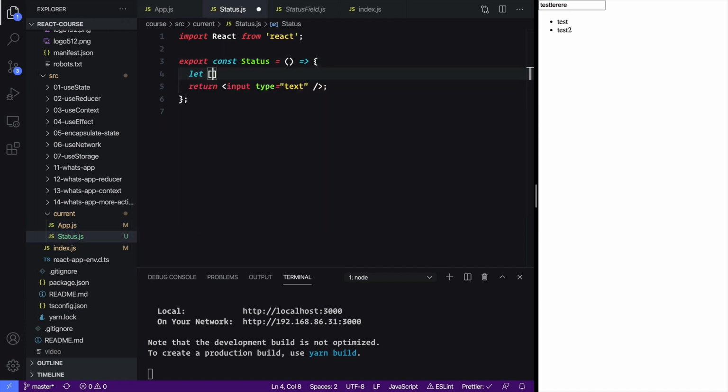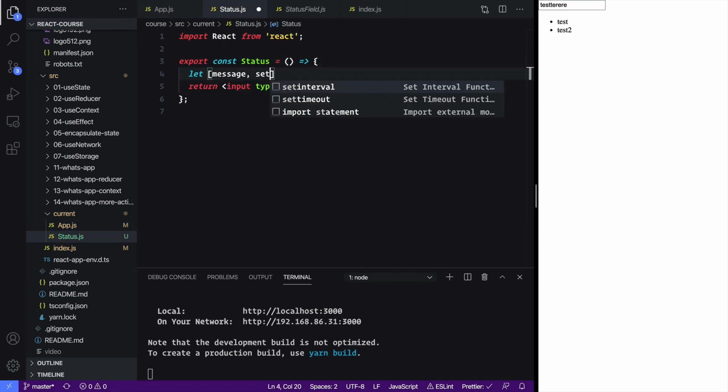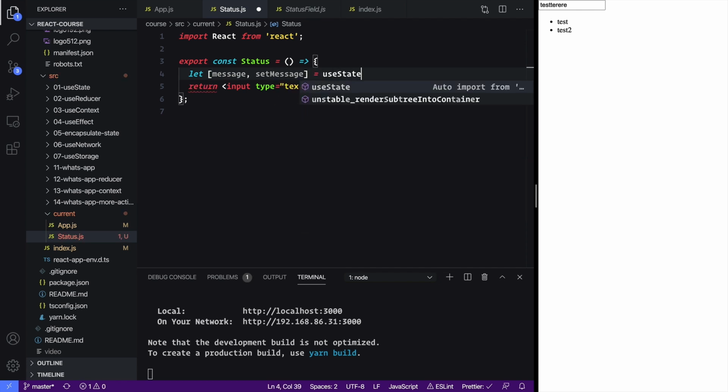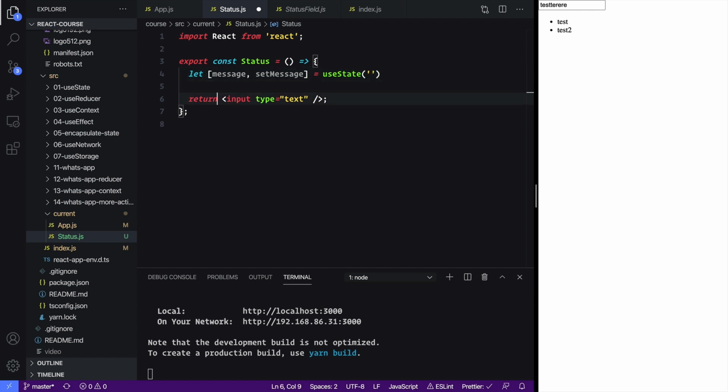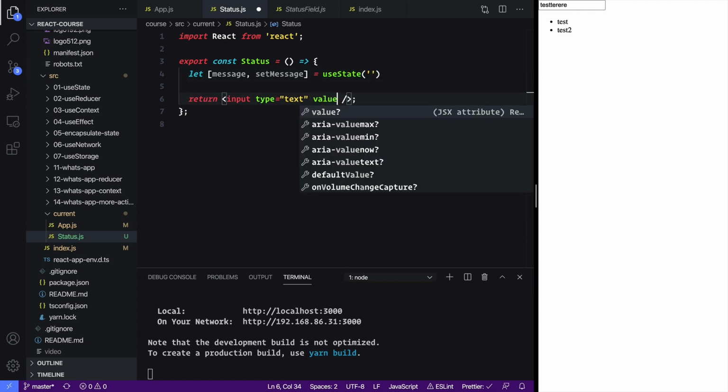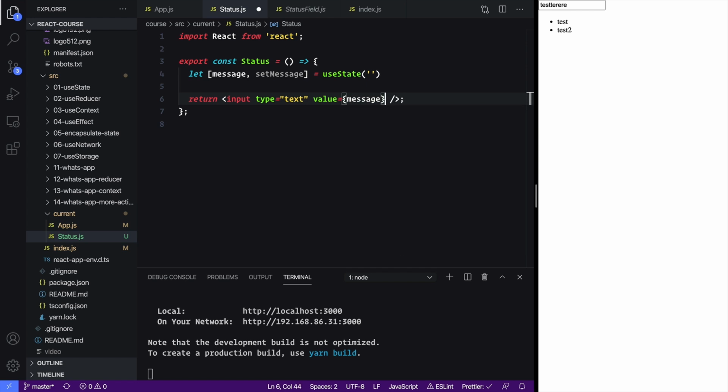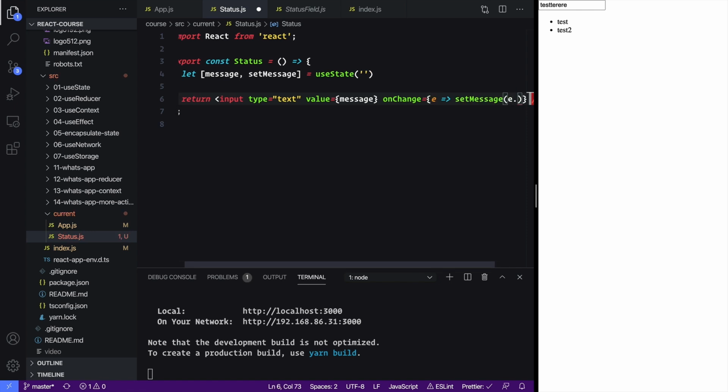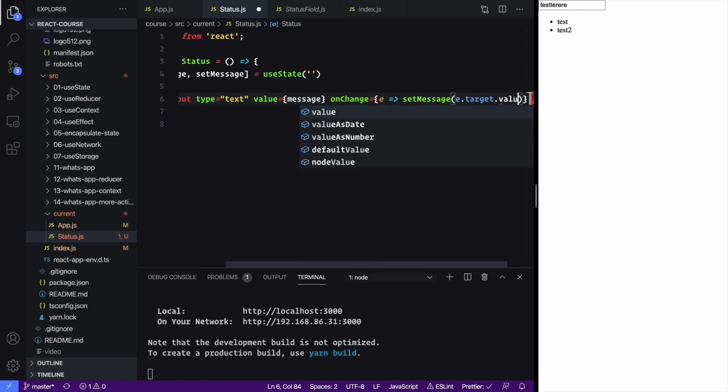Let's add another useState here and let's call it message and setMessage this time. This is for an individual message. And then let's say useState and then let's default it to an empty string. Now when we come into our input, we need to set the value equal to message. And then we'll also want to add an onChange here so that it changes when we type. And the way we access these onChange events is just like vanilla JavaScript. So you'll say setMessage, and then you'll say event.target to get the element, and then the value of that element,